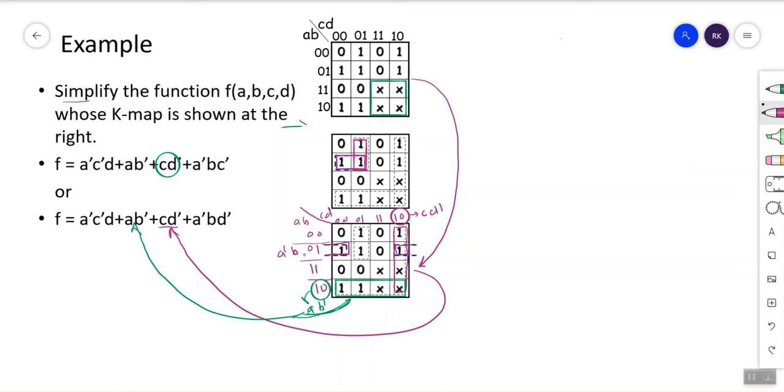So what happens here? D naught. So A naught B D naught. So this is going to correspond to this expression, this pair. If you use this, okay. This and this correspond to this pair. Okay. Now the remaining is this pair.